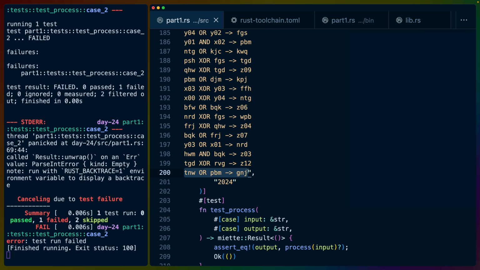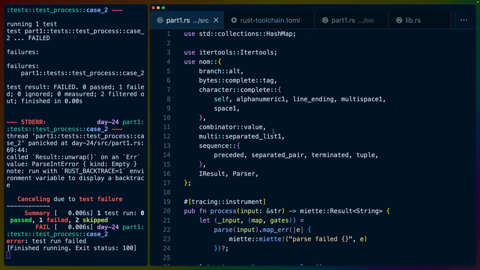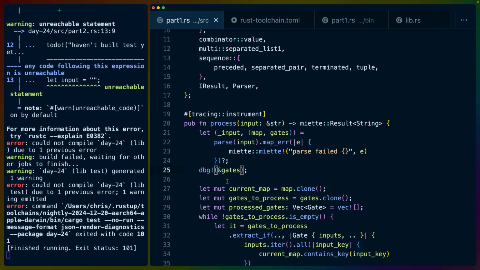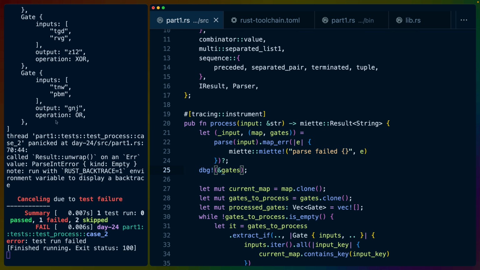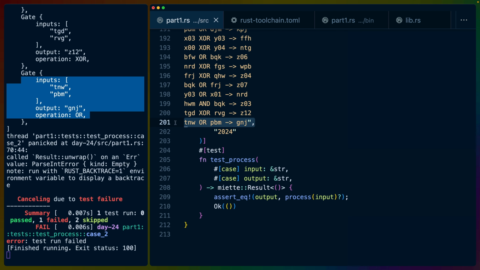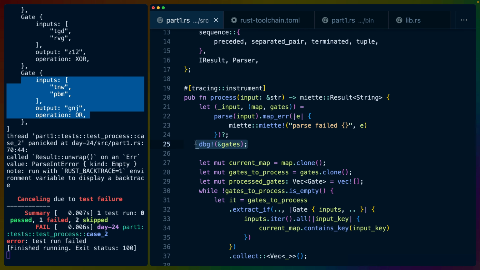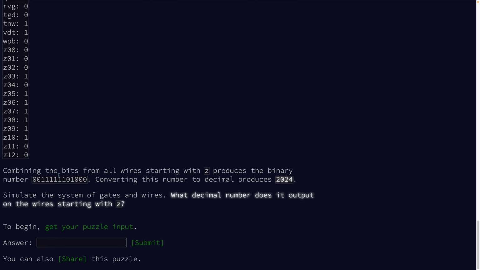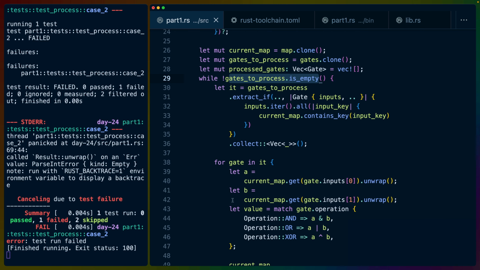First question I have is, did we miss anything in the parser? So TNW, GNJ, let's make sure that we have that in the first place. Again, the kind of thing for Advent of Code debugging and debugging in general is like start with the beginning and just go through assuming nothing. TNW, PBM, GNJ, that is the last one. So that's all good. So we've got our gates set up correctly. We process all the gates. So that's interesting. All wires starting with Z should produce this string. Does it produce that string is another